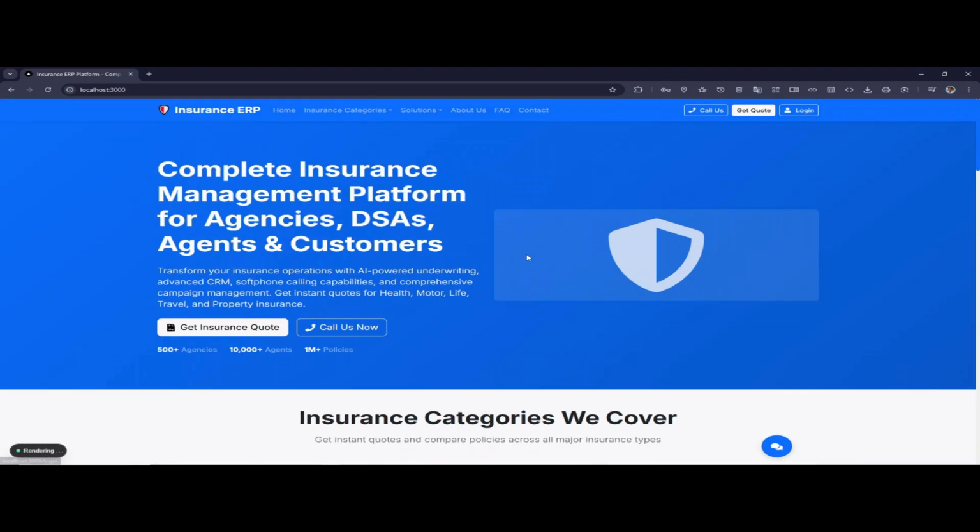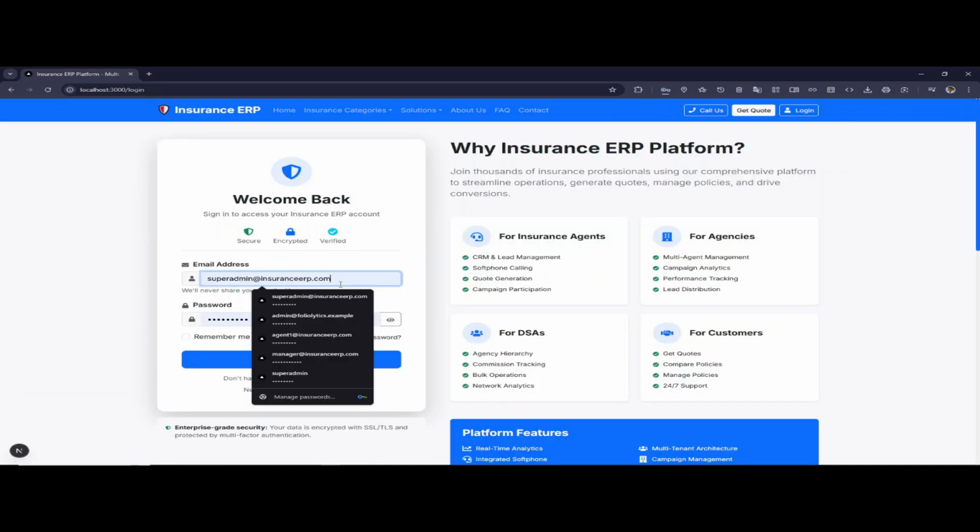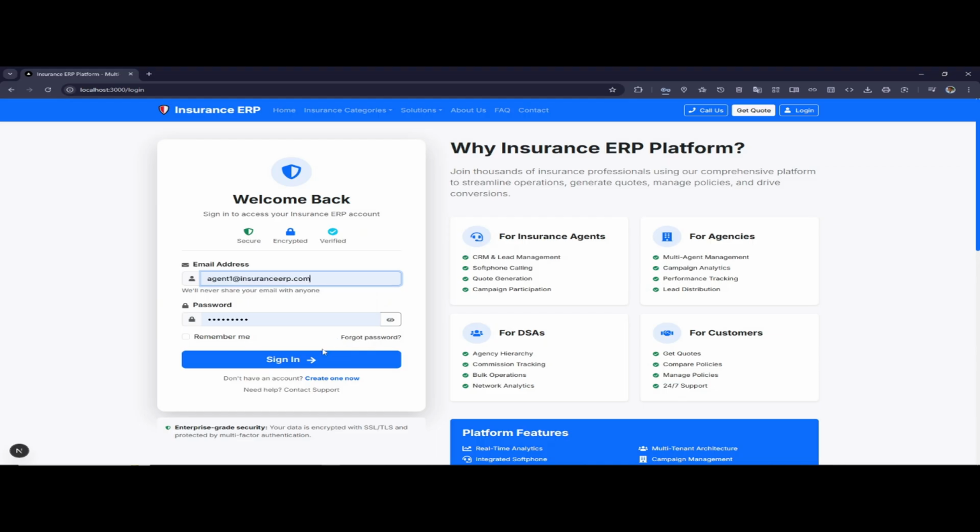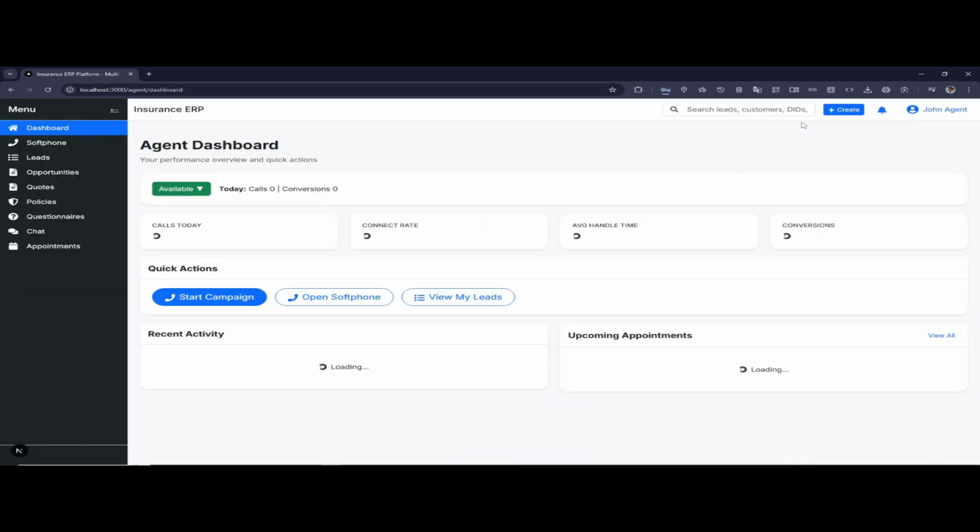It is the super admin, right? So this is the super admin. Oh, sorry, I just logged in to the agent panel. Let me log out. Firstly, I will share about the